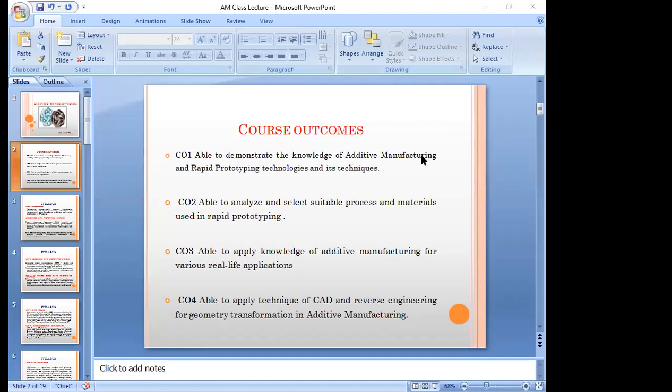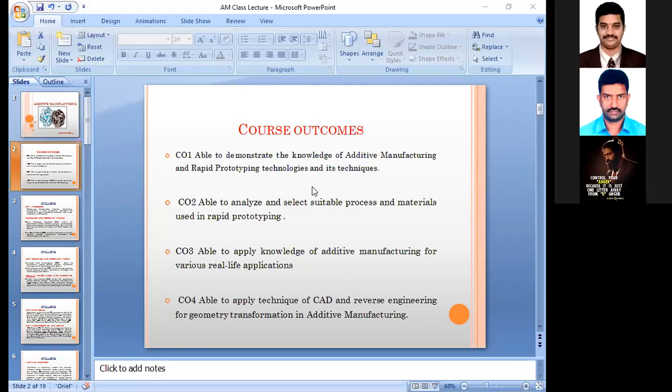In this particular course, we are having basically rapid prototyping. So firstly, we will discuss rapid prototyping and its techniques in this subject, and then we are able to have some formats. So we are using basic manufacturing.